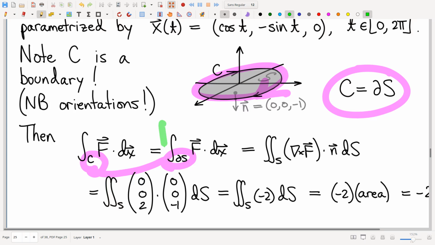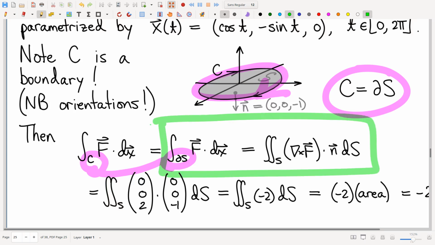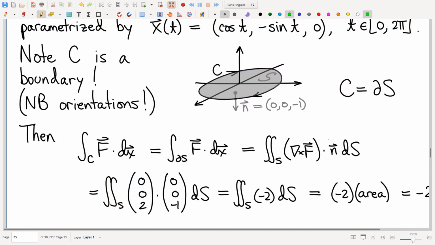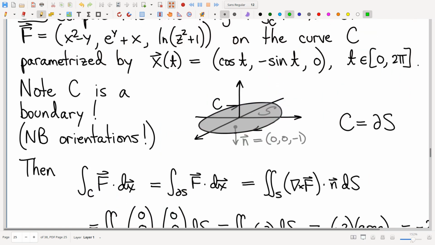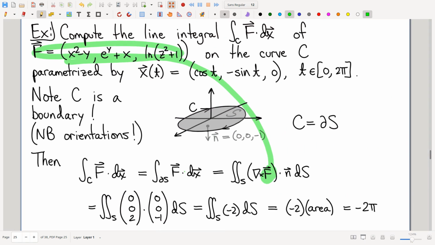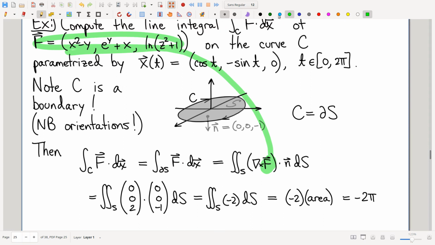Because it's a boundary, we can write down Stokes' theorem. It's all over but the details at this point. And let's see here. You do have to compute the curl. So this great big vector field here, you've got to compute the curl. The curl is just algebra, right? But the curl ends up being 0, 0, 2. Make sure you can do that.